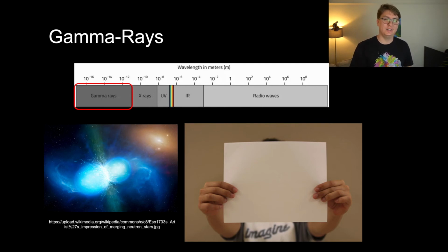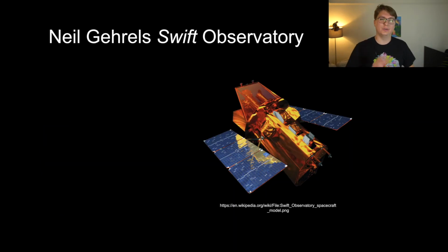But that does mean if we want to detect gamma rays, we really can't do it on the Earth, so we have to do it in space. So enter the Gehrels Swift Observatory. So this is an experiment run by NASA. It's a satellite in space, and it detects essentially gamma rays. But it's pretty special compared to the other gamma ray experiments. So it really can be described in one word, and that is...